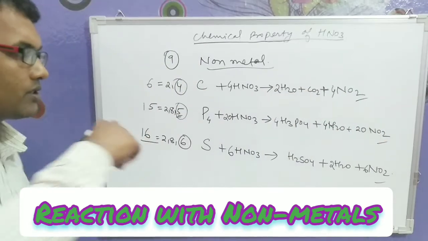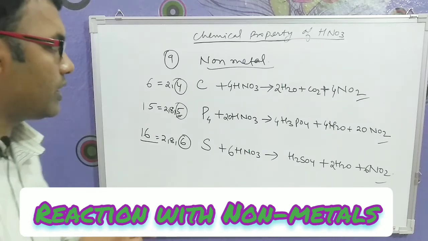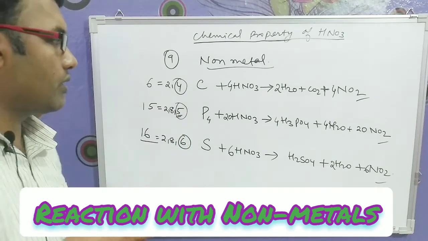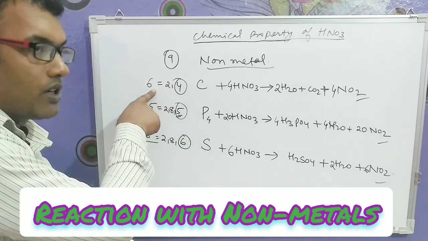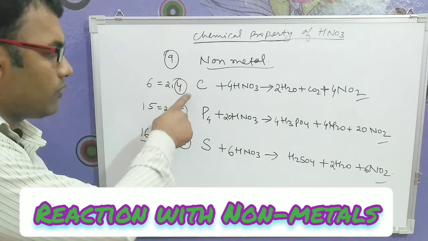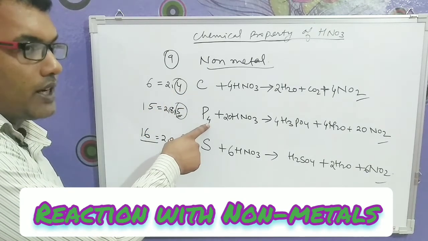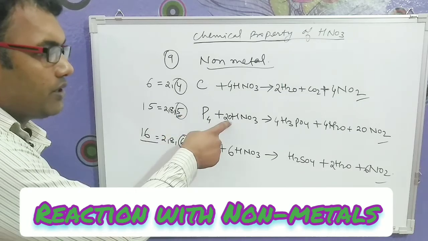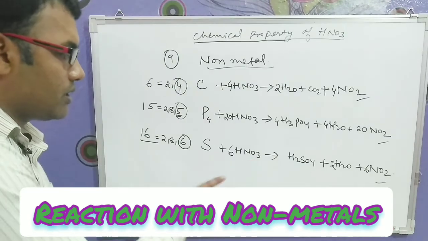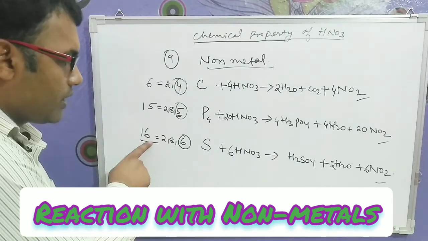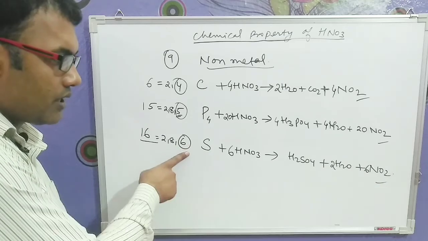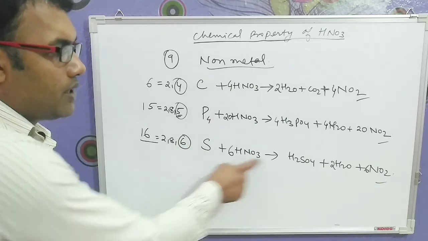Hope students this balancing is clear, because what you have to understand is the coefficients here. Carbon atomic number 6, electronic configuration 2, 4. Phosphorus 15, 5 is there. We usually write P4. So 5 4s are 20 straight away, and then you can very easily balance this. Then sulfur atomic number 16, valence electron 6. So 6 will be multiplied here, and you can easily balance.